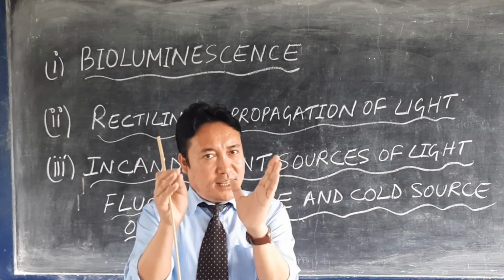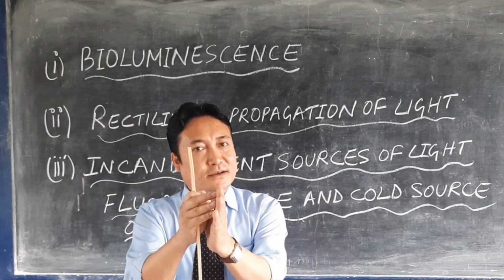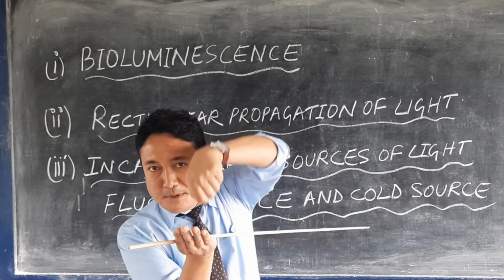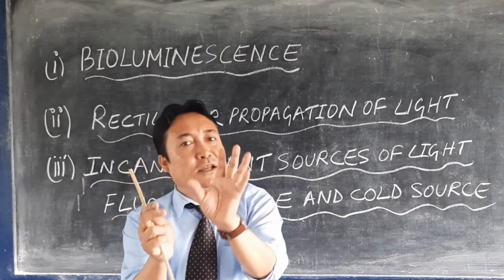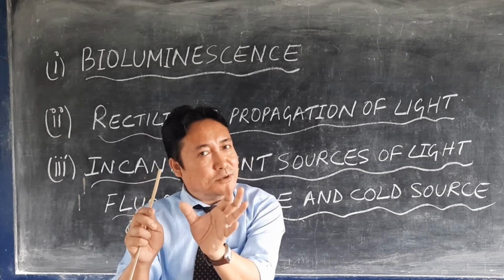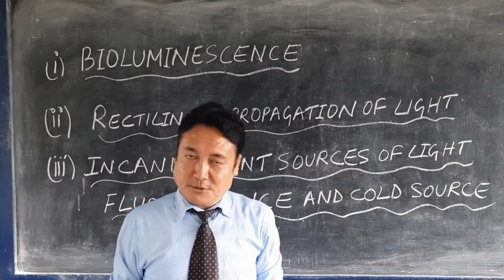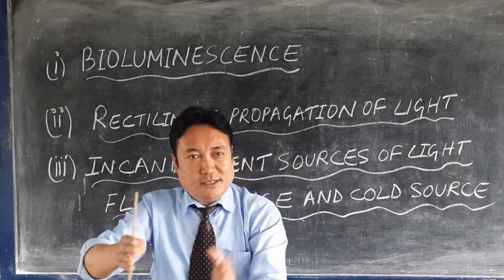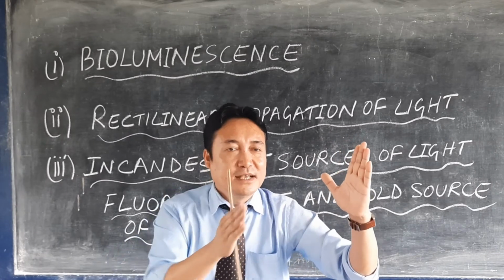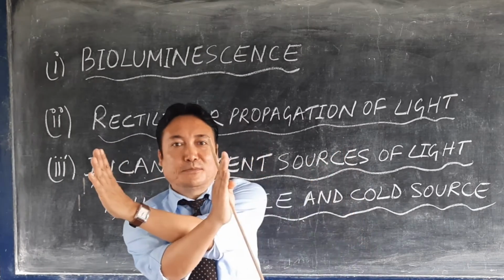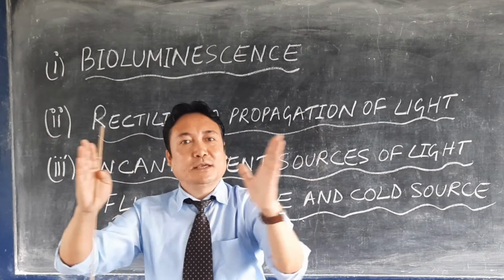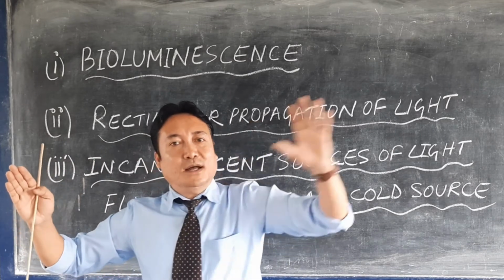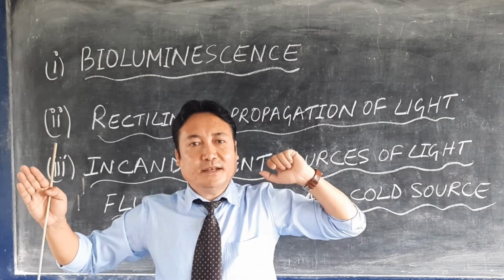So you take three cardboards, combine them, overlap and stack them, and from the middle you make a hole. That means the hole should be at the same position in all three cardboards. Then after that, what you do? You keep the cardboards at equal distances. One cardboard you keep at the first position, the second in the middle, the third at the other side, horizontally like this: 1, 2, and 3. And on one side you keep a lighted candle, a burning candle.